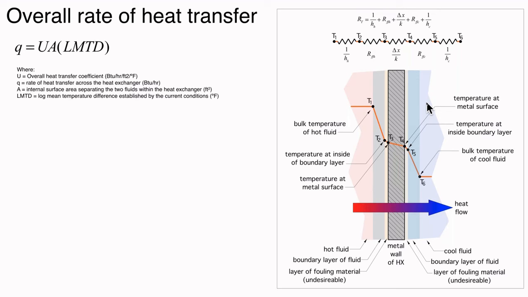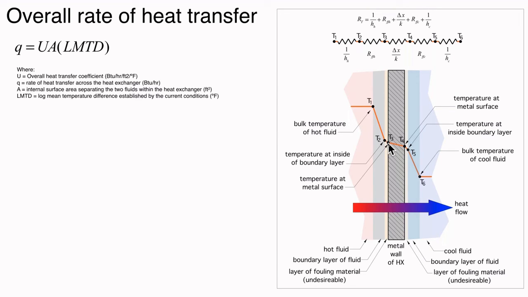We have things like boundary layers, which you can see here. The effect of the boundary layer, because it is in effect thermal resistance, is that it's going to reduce the water temperature that is actually against the surface of the metal here. Or if you have a heat exchanger that has a lot of dirt or scaling, you have another resistance here. It's called a fouling factor or a fouling film. It's basically a buildup of some type of debris on the surface of that metal. Ideally, we don't want that there, but in reality, we're going to have it, and